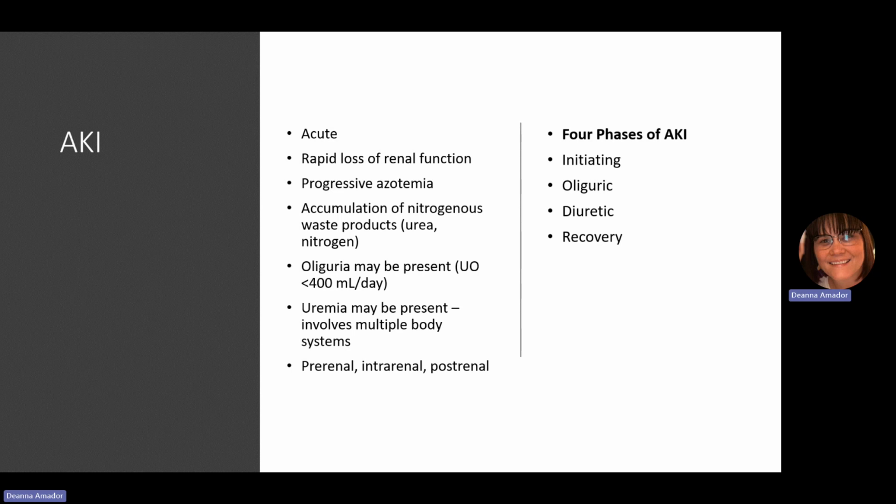So the initiating phase is your onset. It's at the very beginning phase of insult, and this continues until signs and symptoms appear. This can last anywhere from hours to days, and it's usually something pre-renal that triggers this. Then you move into your oliguric phase, and this phase is where your urine output starts to drop, and it says drops below 400 mils per day. So oliguria in this phase,